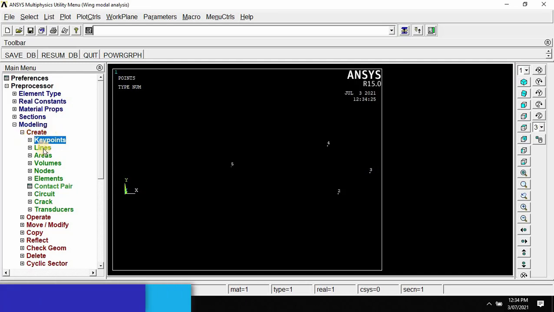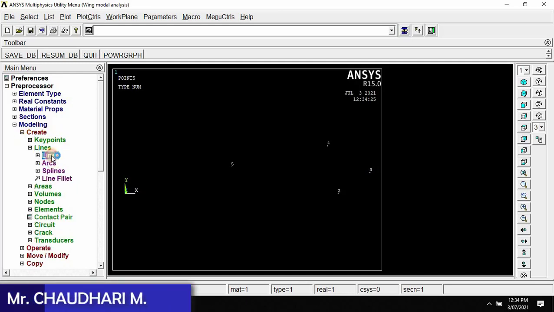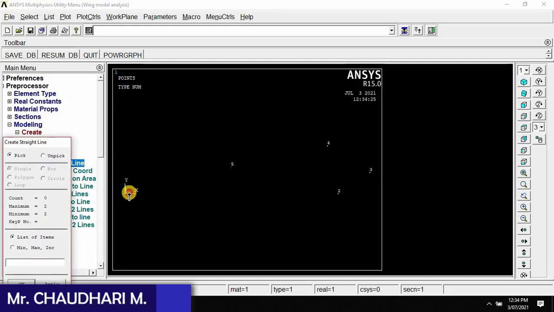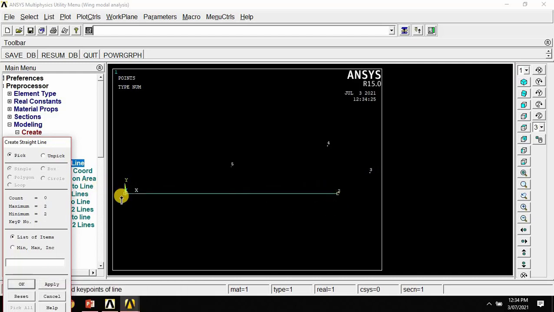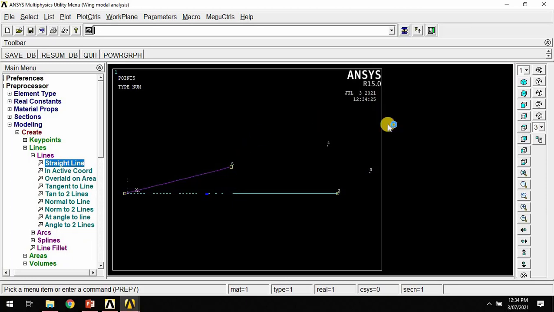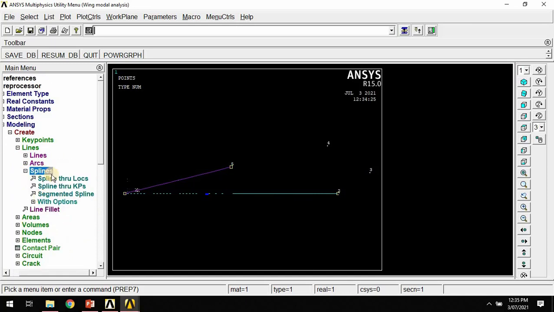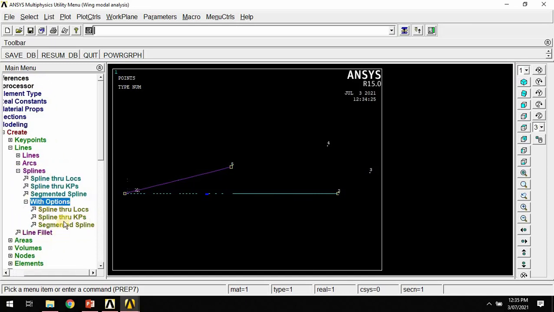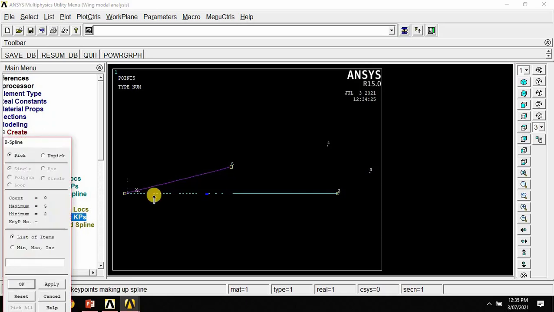Now go to Lines, Straight Line. Click on 1 to 2, 1 to 5. Then OK. Now the remaining portion is some arc, because this is an aerofoil shape. So go to Spline, then with Options, click on Spline through Keypoints. Select keypoints 2, 3, 4 and 5.